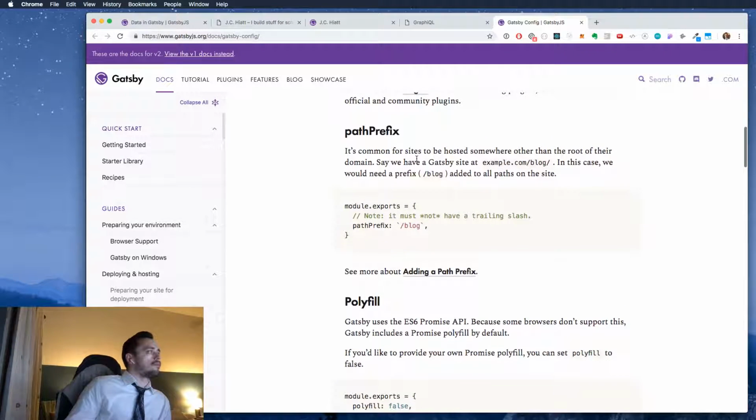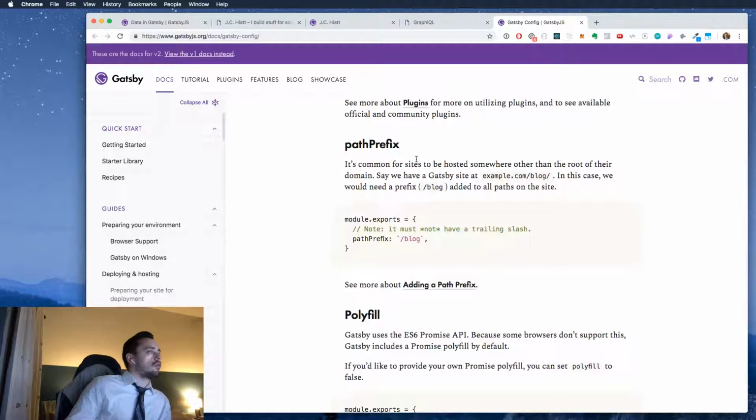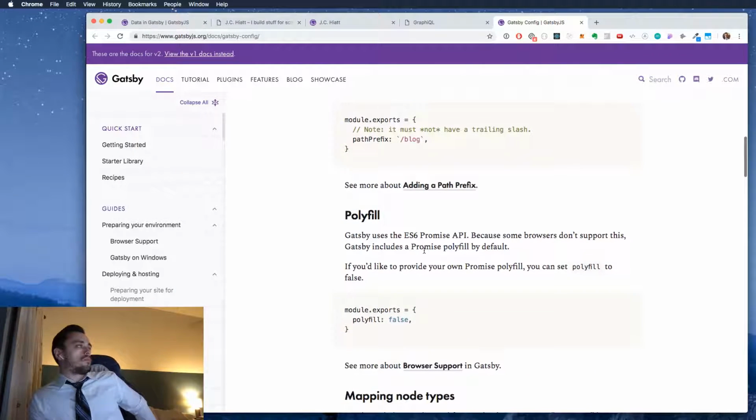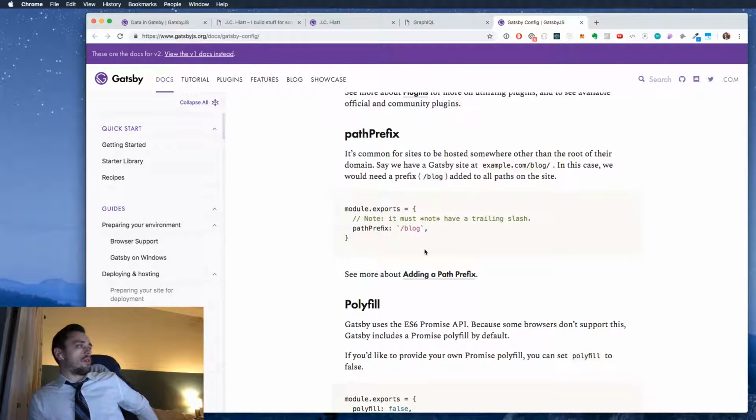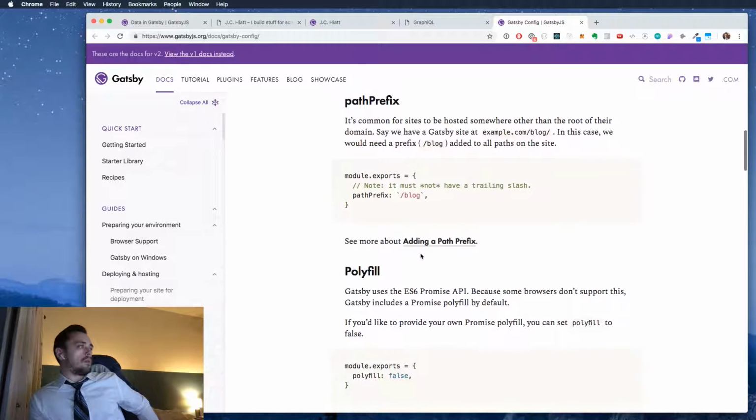path prefix. It's common for sites to be hosted somewhere other than the root of their domain. Say we have a Gatsby site at example.com/blog, and in this case, we would need a /blog prefix added to all paths on the site. Oh yeah, that would have been super. Something like this would have been really helpful at work recently. All right. Anyway, I don't need that because my site is just going to be Gatsby